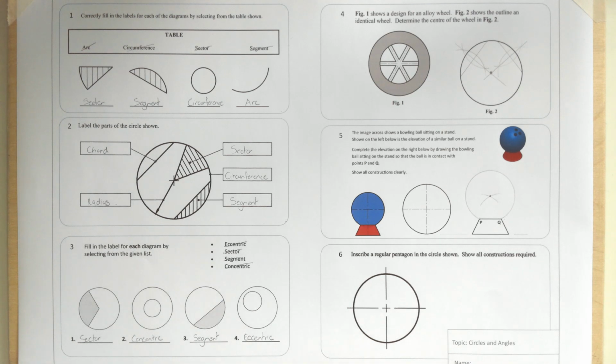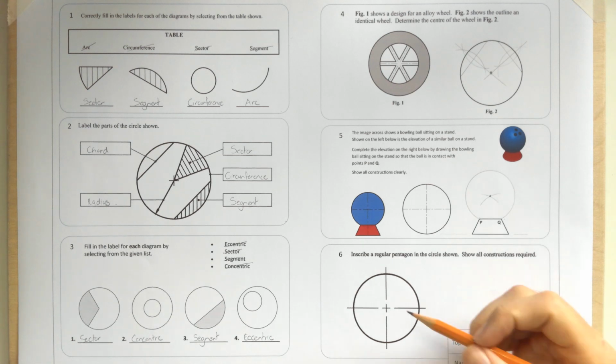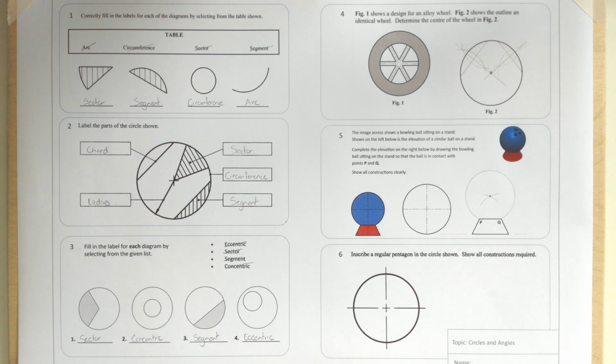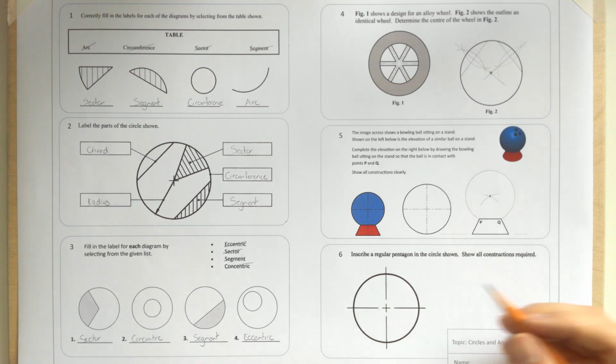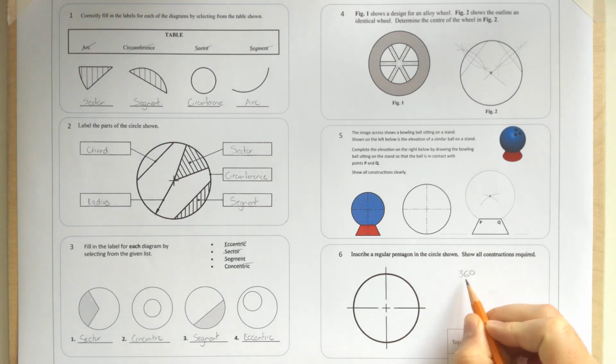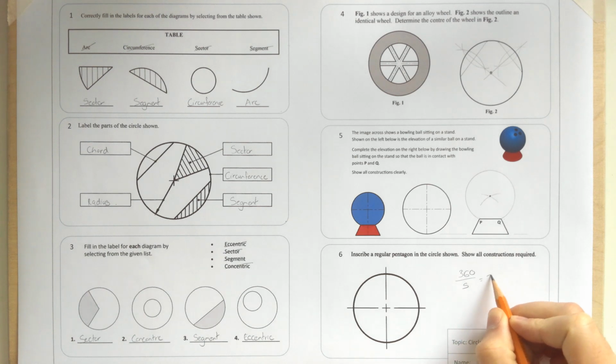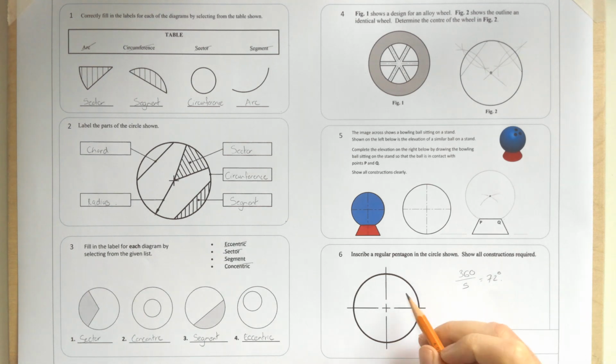Question 6. Inscribe a regular pentagon in the circle shown. Show all constructions required. So we need to draw a pentagon inside this one here. Now, the degrees on a pentagon is 72 degrees on the outside, and if we divide up a circle, it's 360 degrees in a circle divided by 5 equals 72. So the 72 degrees between each one of the spokes of the